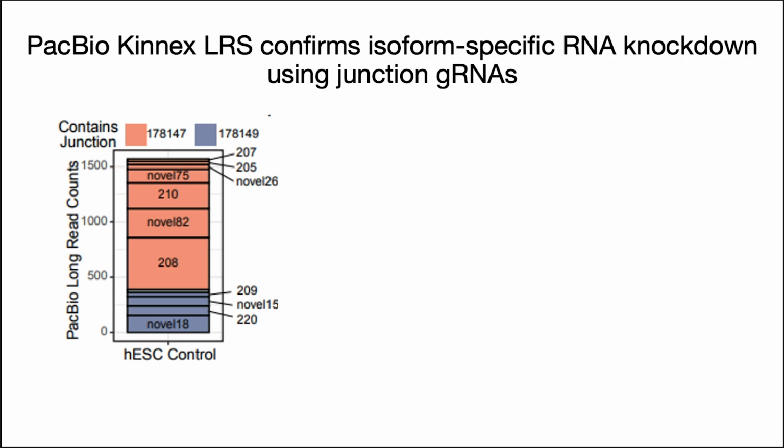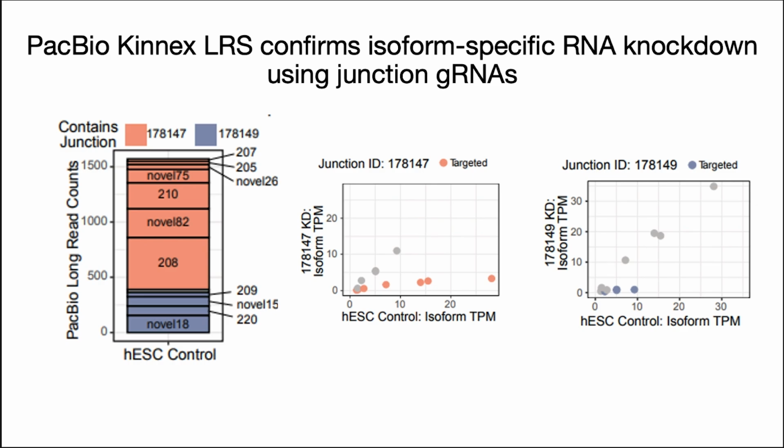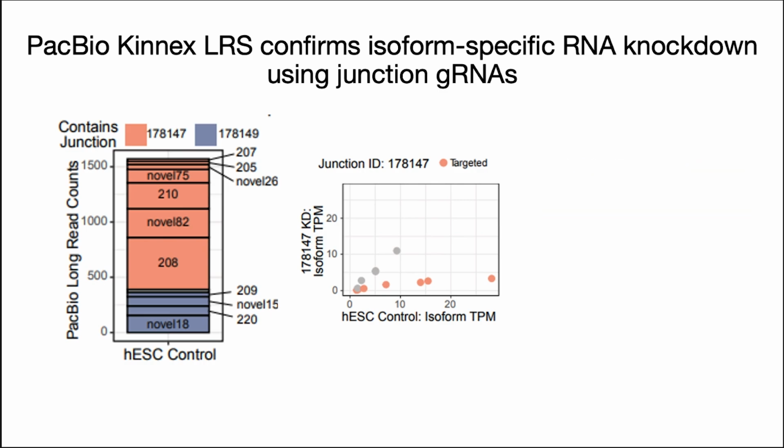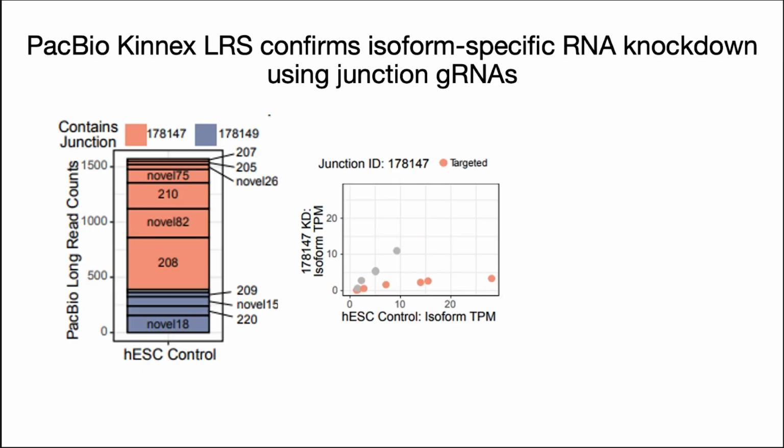So to set things up here, this is just showing the proportion of the different isoforms in the control sample before knockdown. And then these are showing what you get when you target these different junctions. So when you target the 147, so this is targeting the short isoforms only, you only see knockdown of those short isoforms, and you do not see any knockdown of the